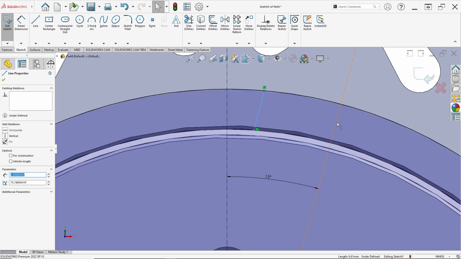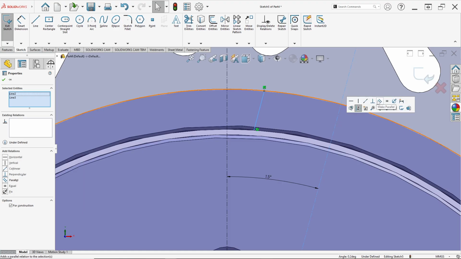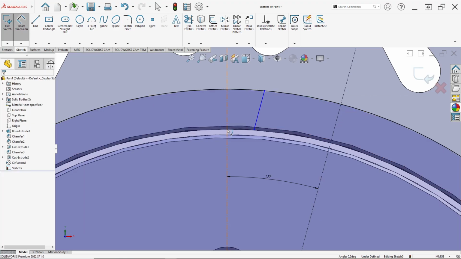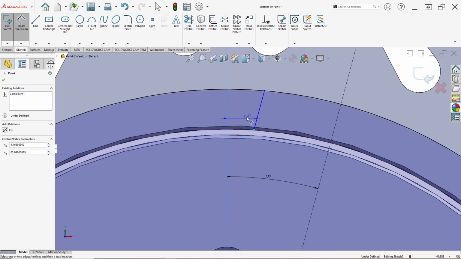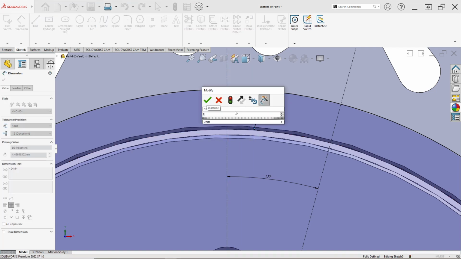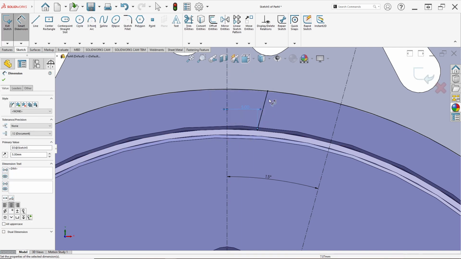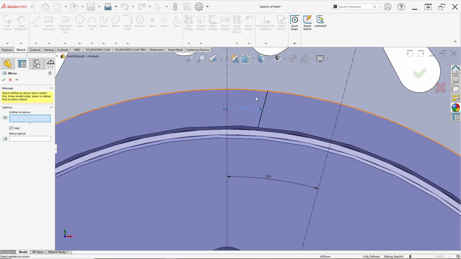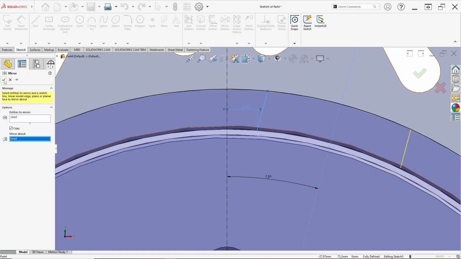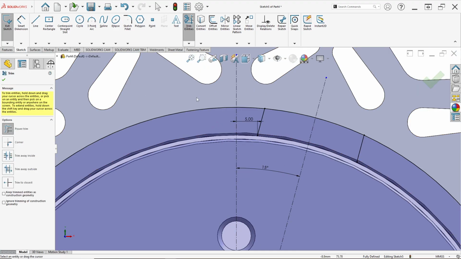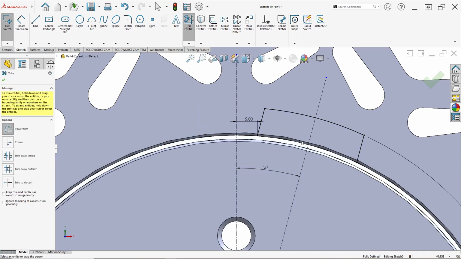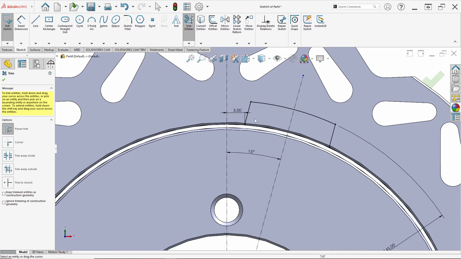This line, click control, and this center line, click make parallel. Set dimension. This center line and this point I set in 5 millimeter. And mirror entities this line and mirror about, click this center line. Just click OK. Trim entities this like this.